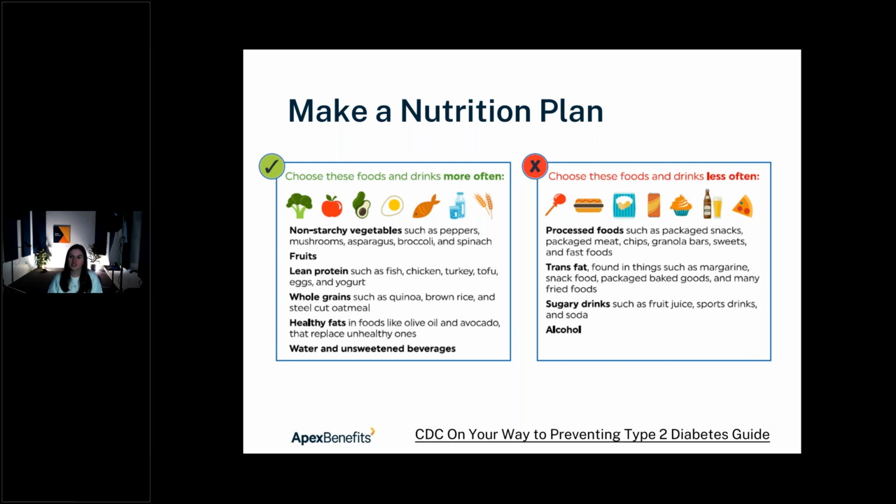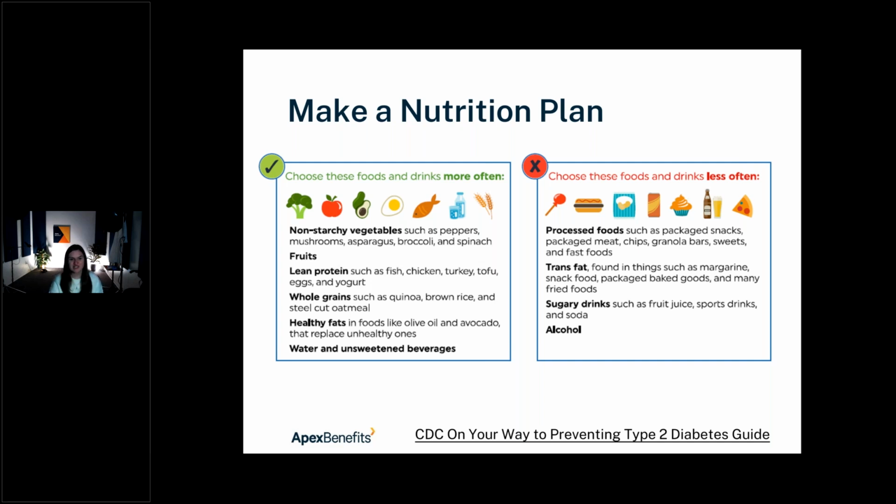The biggest thing I encourage if you're on this journey and you haven't yet met with a registered dietitian, make sure to ask your doctor to put in that referral. If you don't know where to start, even here at Apex, we have a registered dietitian on staff, something that we are happy to provide resources to get you connected to. But start with an RD. Make sure you find somebody who understands what your levels are, where you're hoping to get, and creates that meal plan to get you there.